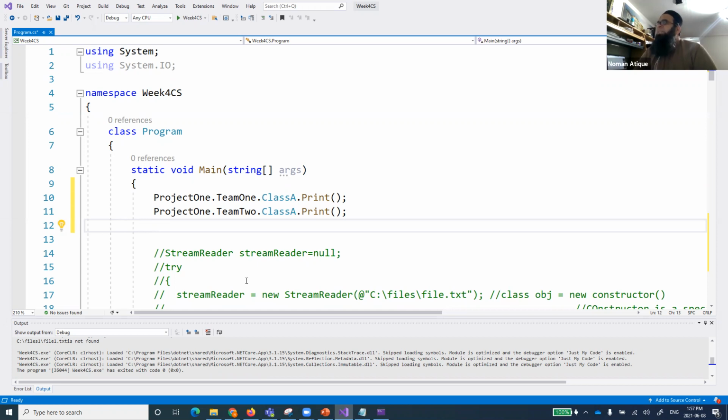Do you remember when we were discussing methods in our second week? We talked about static methods. Does anyone remember that? No answer. Okay. You remember that I talked about methods and static methods, and when we were calling those methods, we were calling them by the name of the class, by the program. And why were we not using week 4 CS? Because we were already inside that week 4 CS. Yes, exactly. So basically, it was the program class. We were using that program dot method when we were defining it as a static method.